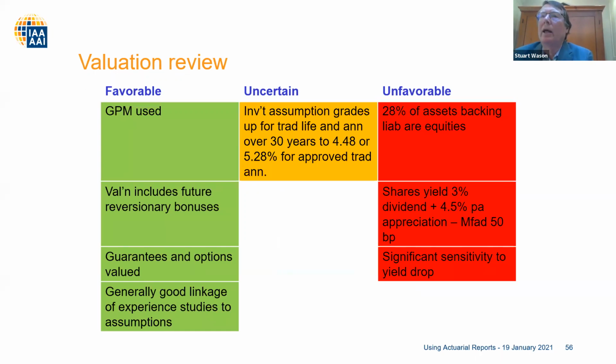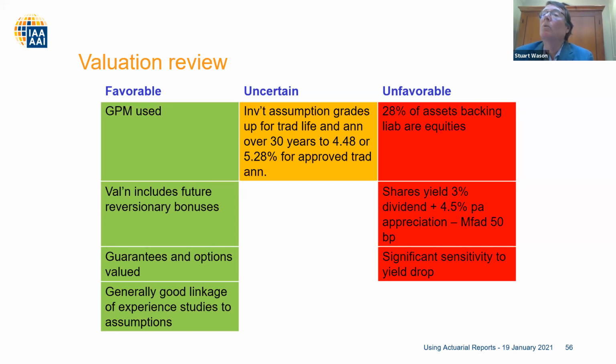So frequently what I will do is set up a green light, red light scorecard of my own with respect to actuarial reports that I see. What was good in the reports and what was unfavorable, and then an intermediate category, of course. So there are a number of good things that the actuary talked about. I've listed them in the green column with respect to methodology that he used. On the unfavorable side, there was a significant portion of the assets that were in equities, and the equity yield